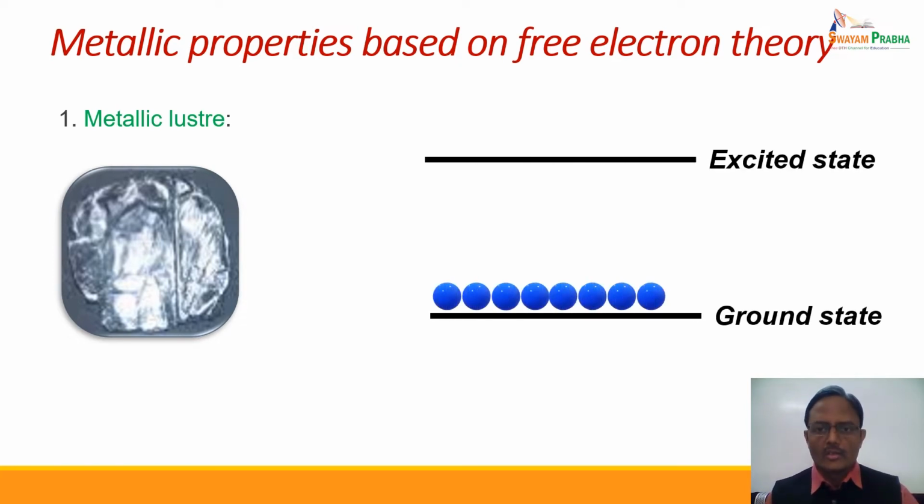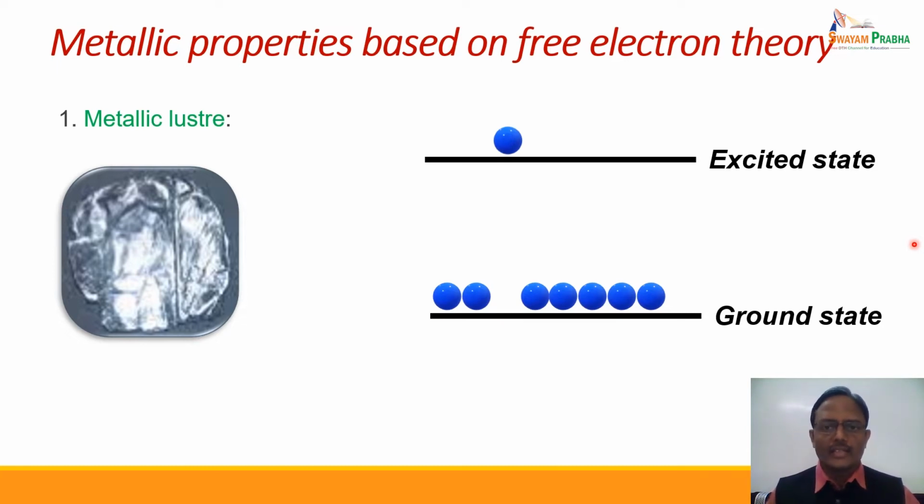The reason is there are a large number of free electrons in the ground state of the metal, and since these are free electrons, they can move anywhere in the crystal lattice in the ground state. Now when light radiation falls on this, because of the absorption of the quanta of light or quantum of the radiation, the electron gets excited to a higher energy level. That is called the excitation of the electron. So electronic excitation takes place by the absorption of radiation in the visible region of the spectrum.